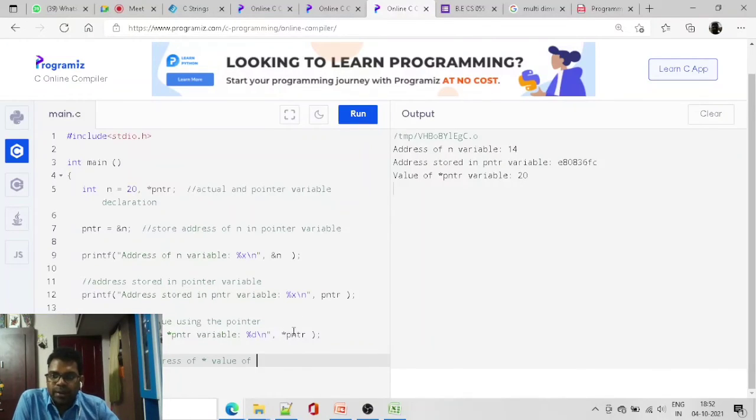So this is the value of pointer and this is the address of n. This is just pointer pntr, if you are declaring it here, this is called pointer. When you use the same pointer over here, this is called value of pointer. That's the difference between here and here.